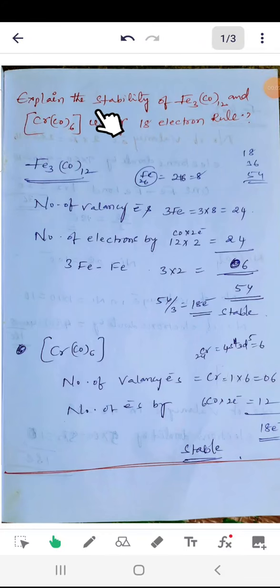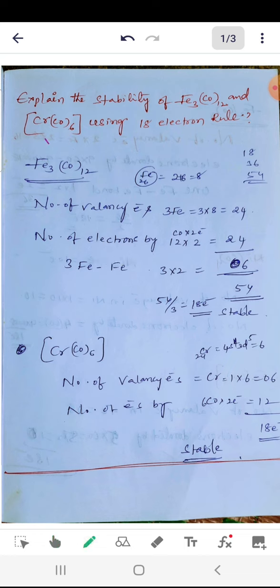చూడండి, explain the stability of Fe3CO12 and chromium hexacarbonyl using the 18 electron rule. సో ఈ రెండు Fe3CO12, Cr(CO)6, this is the carbonyl ligand, the central atom is the iron here. సో 18 ఎలక్ట్రాన్ రూల్ను ఉపయోగించి వీటి యొక్క స్థిరత్వాన్ని గురించి వివరించమన్నప్పుడు సో మనం ఏ విధంగా చేయాలనేది ఒకసారి అబ్జర్వేషన్ చేసినట్లయితే, ఫస్ట్ కాంపౌండ్,